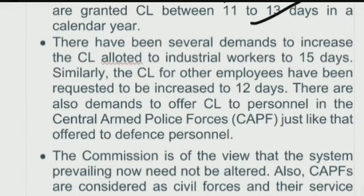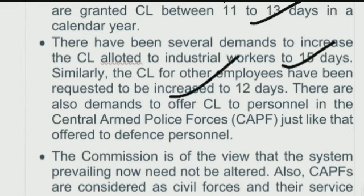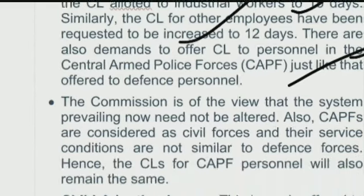There have been several demands to increase the CL allotted to industrial workers to 15 days. Industrial workers are demanding that their CL should be increased to 15 days instead of 11 to 13. Similarly, the CL of other employees has been requested to be increased to 12 days. Those who get only 8 days are also demanding an increase to 12 days. There is also a demand to offer CL to personnel in the CAPF, just like that offered to defense personnel. CAPF, the Central Armed Police Forces, are demanding that they should get CL as per the defense